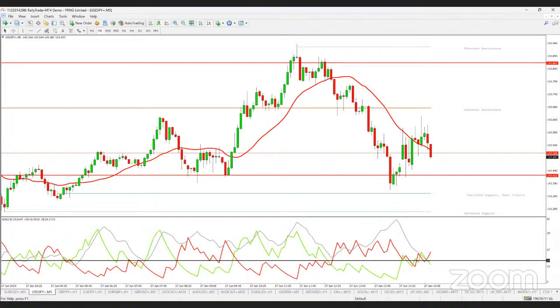143.422. Do you remember when USD JPY was actually at price 139, then 140, 141? Now it's already at 143 and it's almost heading to 144. I told you from the beginning that this instrument is heading to price